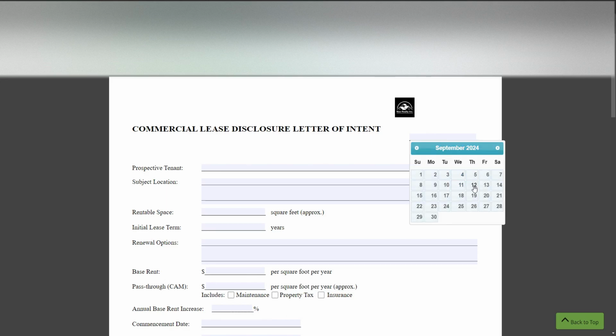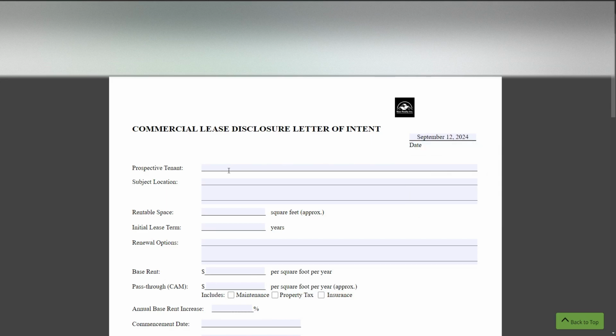The date, we put the date up here, simple enough. So let's just put a standard date there. The tenant. So the tenant, you could put it in the tenant's personal name, or the tenant can have a company they're going to want to put it in. Let's just say our good placeholder name, Billy Bob LLC. Let's just say there's a company that they're going to put it in, and this is the name of the company. Just the tenant's company's name here, or you could put their personal name, whatever they're looking to do. Most of the time, it's usually an entity or a company, so I'm going to put that there.